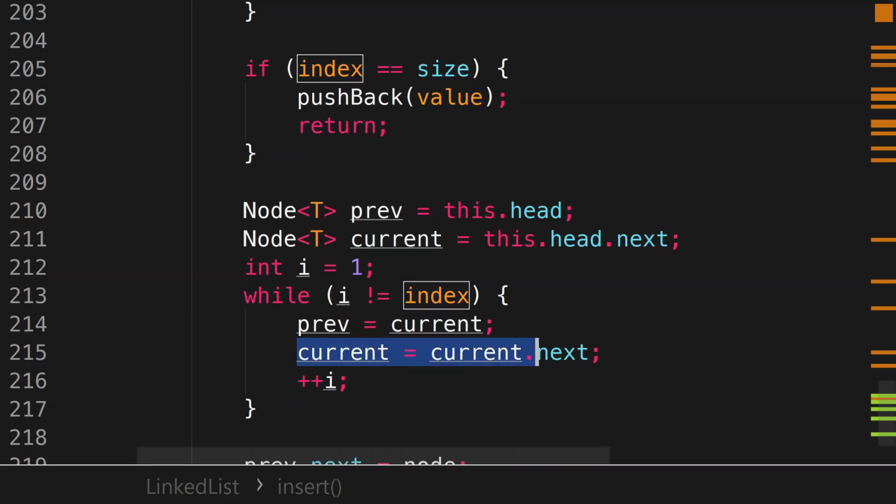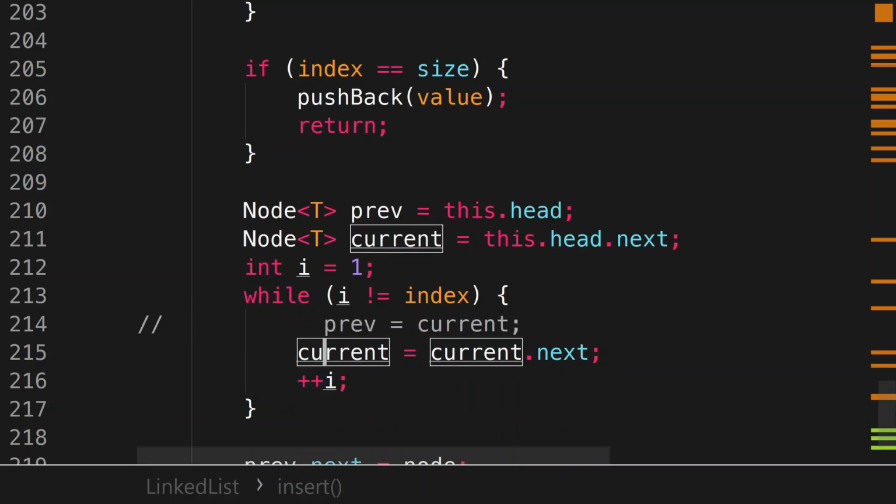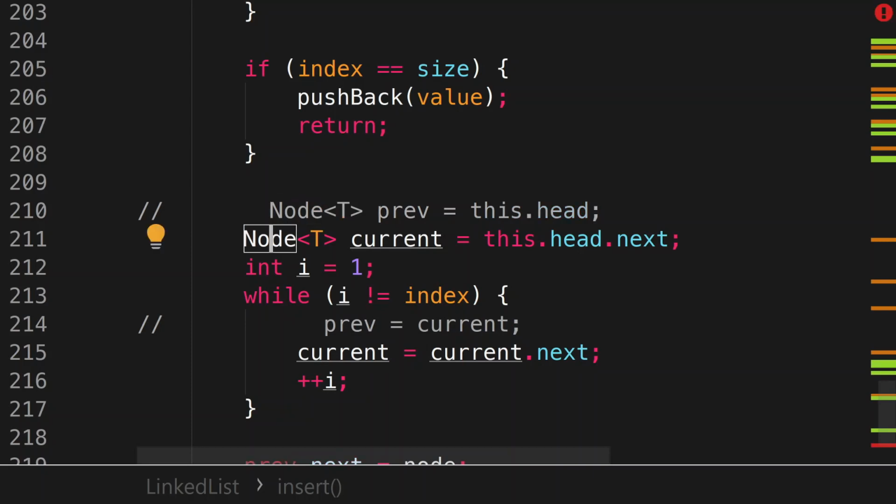So what will we do? We'll move our current reference forwards and increment i, but we'll also hold on to the previous reference because we'll be needing it soon. We have to wire up the previous to point to this new node that we're inserting. Walking this list should be pretty comfortable to you. Again, this is just a matter of updating the reference over and over again until we reach the ith node inside the list. It's a bit easier to think about if you don't think about the previous reference first. Current is just the first element,